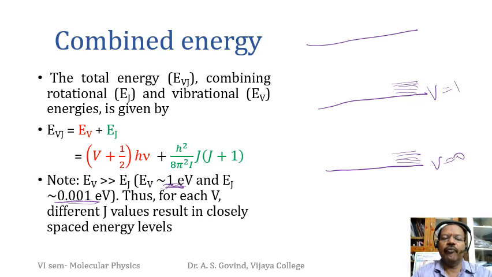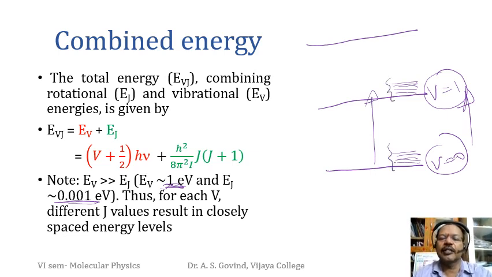So for transitions, we have already seen the selection rule. V equals 0 to 1 for absorption. While this transition is happening, it can go from any of these vibration levels to any of these levels. And that is what we study in detail further. But for the sake of clarity, we will not write it so small. We will just magnify this part a little bit, because if it is written as 1/100th, it won't be visible clearly to show the transitions.